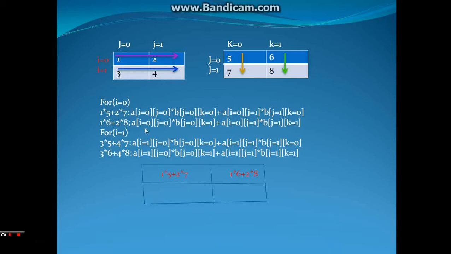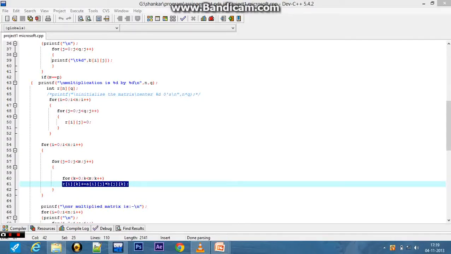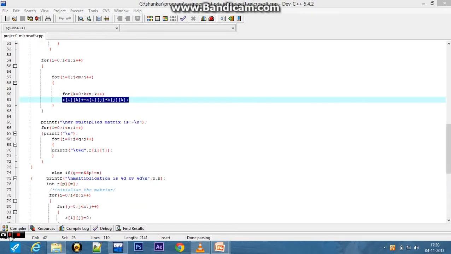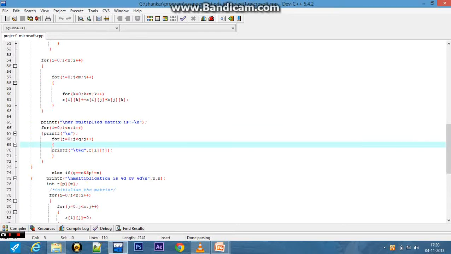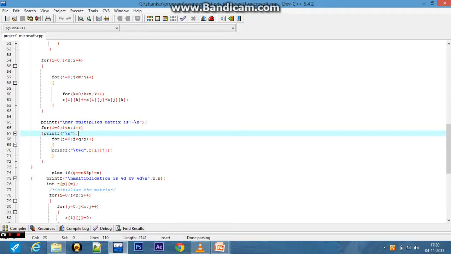Lastly, all the values of the resultant matrix we get are in this form. Here we see that firstly the first row is multiplied with the first column, and then it goes on by changing k and j. Then here we are printing the matrix we got, using a for loop again. Here again \n is only to make a jump from one line to another after completing one row.